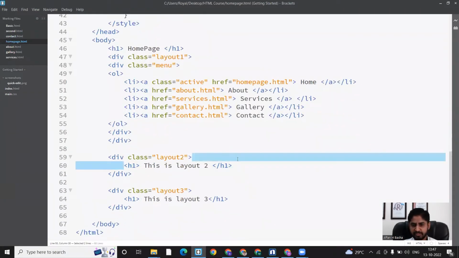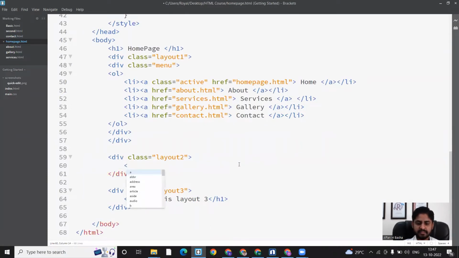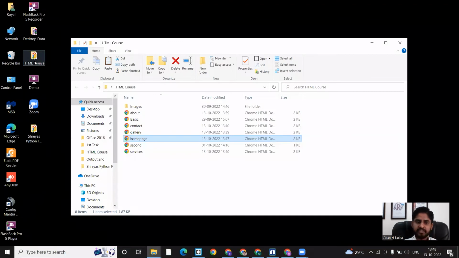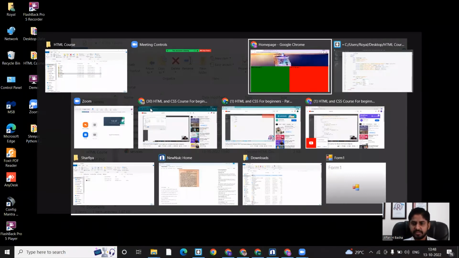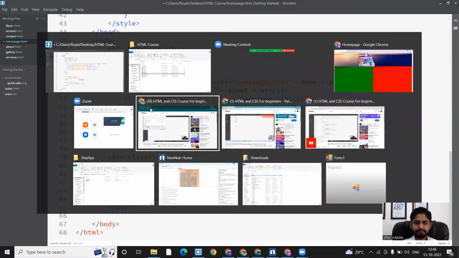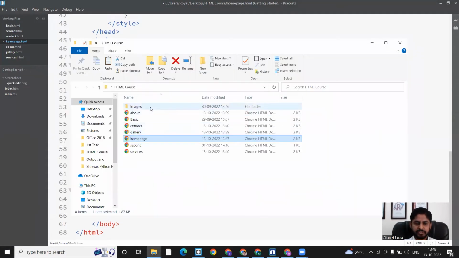So let me insert the image here in layout 2. In layout 2, let me take out this content. Okay, instead of this, let me insert it like image src equals, within double quotes I need to give the image path where I have saved the images. As you know, I have saved the images in my working folder. HTML courses is my working folder. In this working folder, I have created one more folder called images, right? So in this images folder, I have given the images. So images slash c,